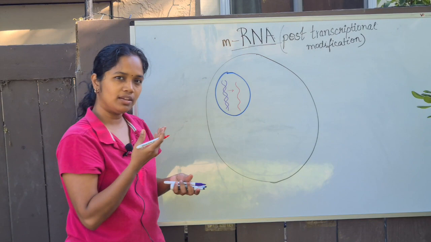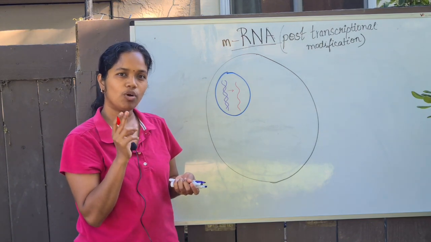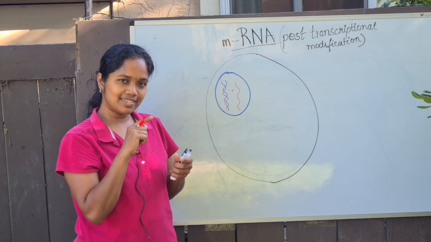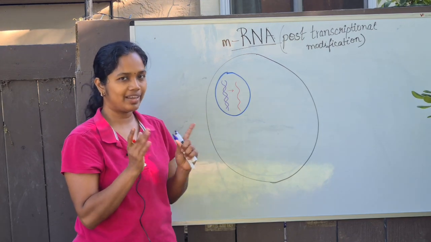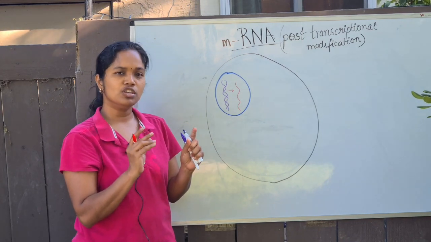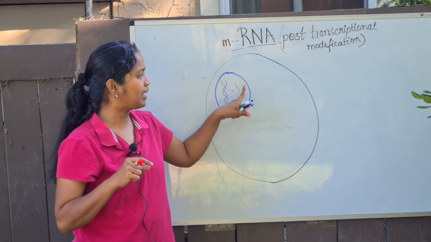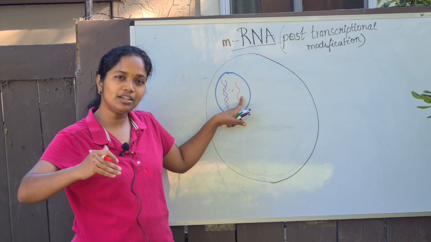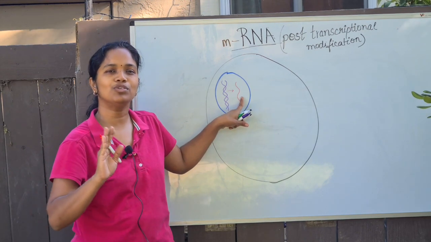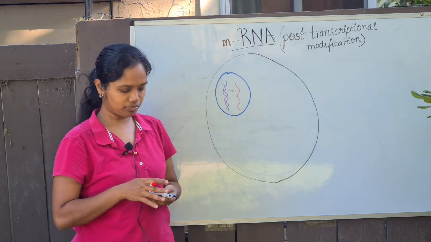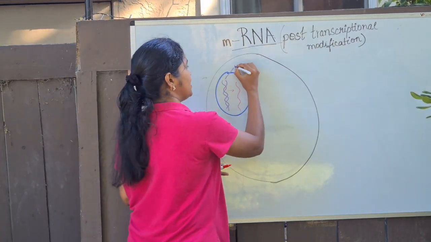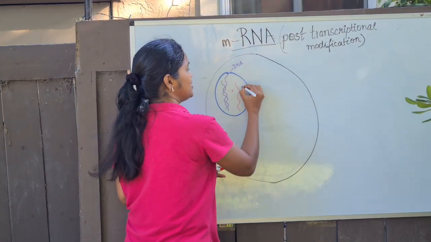So what does it mean? That is transcription. The information that is present in the DNA is being copied into the mRNA, right? So this is the transcription. Whatever modification happens in this mRNA after transcription is known as the post-transcriptional modification. Fine. So you should know that this is the DNA and this is the mRNA,